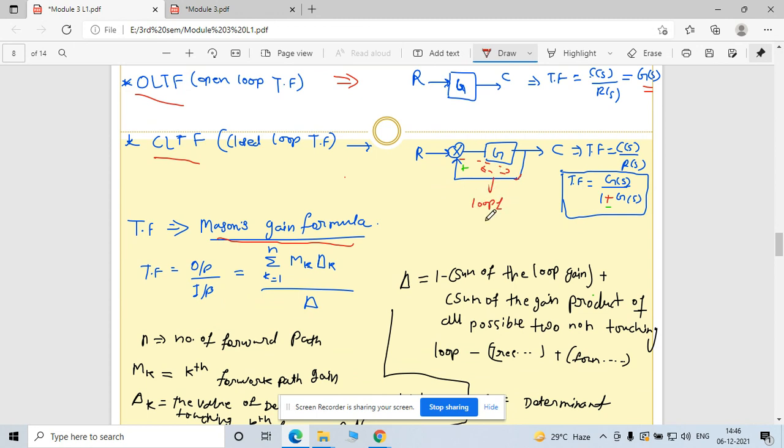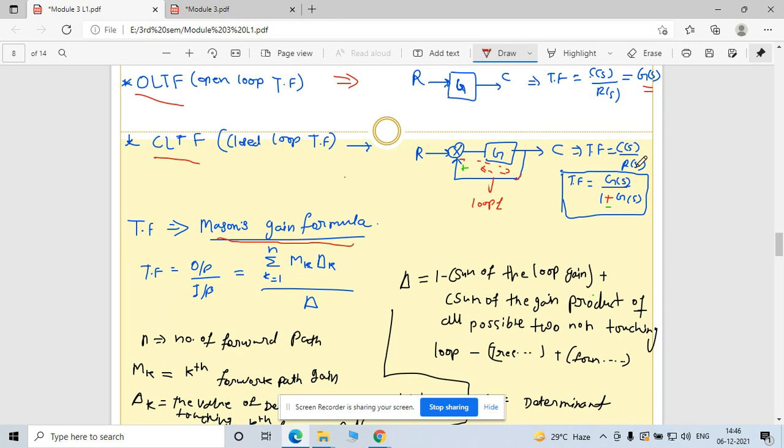So here there is only one loop, that's why this is your forward part G(s), 1 divided by 1 plus G(s), because here your del is nothing but 1 minus the sum of loop gains. Now see this coefficient. This is for a negative feedback circuit, right? For negative feedback you will find the transfer function positive, but for positive feedback, denoted here in green, you will get minus.